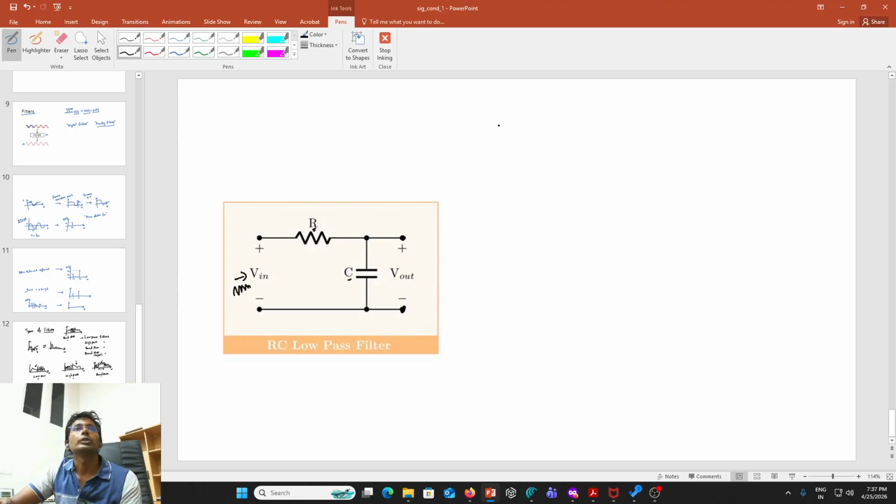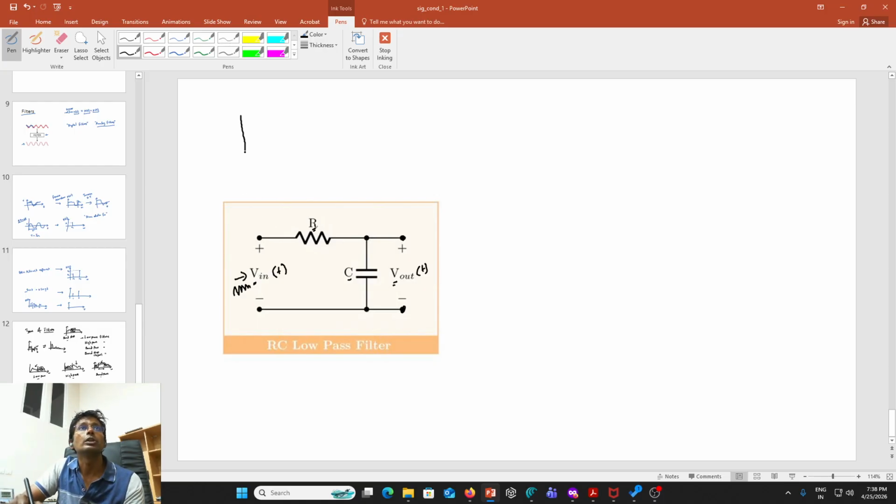Let's see. For that, we consider the relation between V in and V out. If you notice, this V in is a function of time. V out is also a function of time. So for a sinusoidal input, we will get a sinusoidal output. Then what we will do is consider only the magnitude: the magnitude of the input as capital V in, and the magnitude of the output is capital V out,